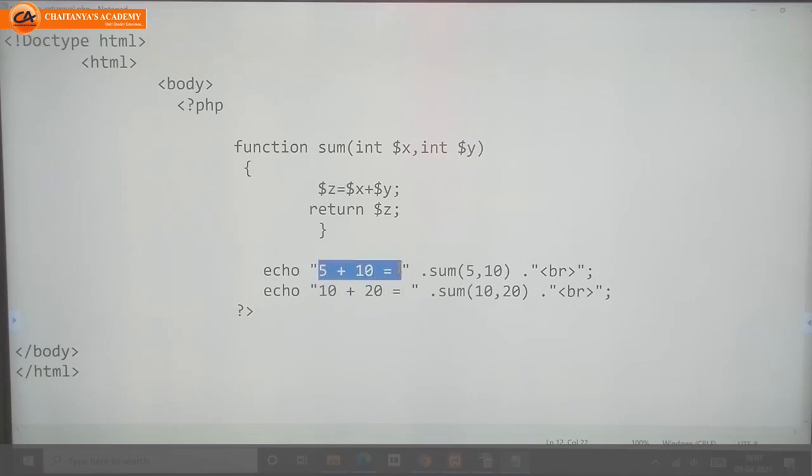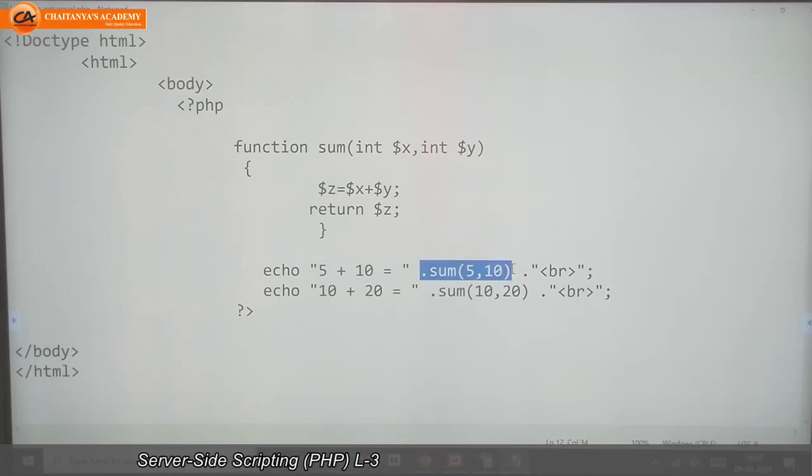It will not interfere in execution. It will print the value as it is. Why? Because I wrote it in double quote after the echo keyword. So 5 plus 10 equal to.